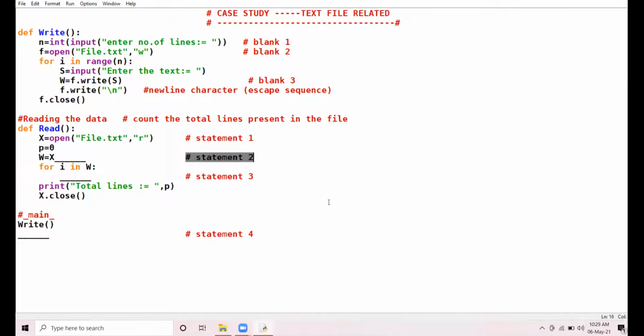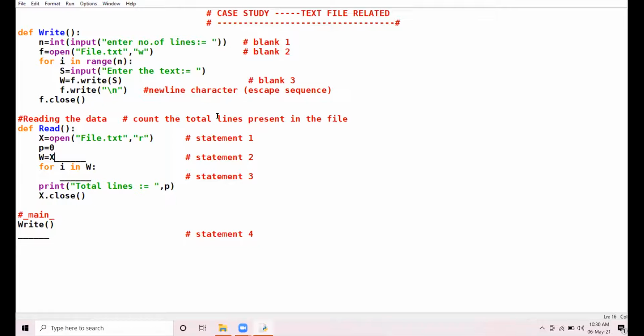Statement 2. Fill up the statement 2 with appropriate function in order to read the lines present in the file. You have to use such a function that can read the lines present in the file. Sir, RB.